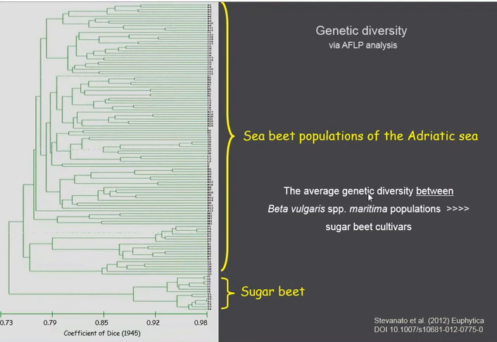So the average genetic diversity between Beta maritima populations is much, much greater than sugar beet cultivars. So of course that raises a possibility that the sugar beet would benefit from integration of characters from the wild beet. And indeed that has happened, and has been a rich source of genetic characters, particularly for disease